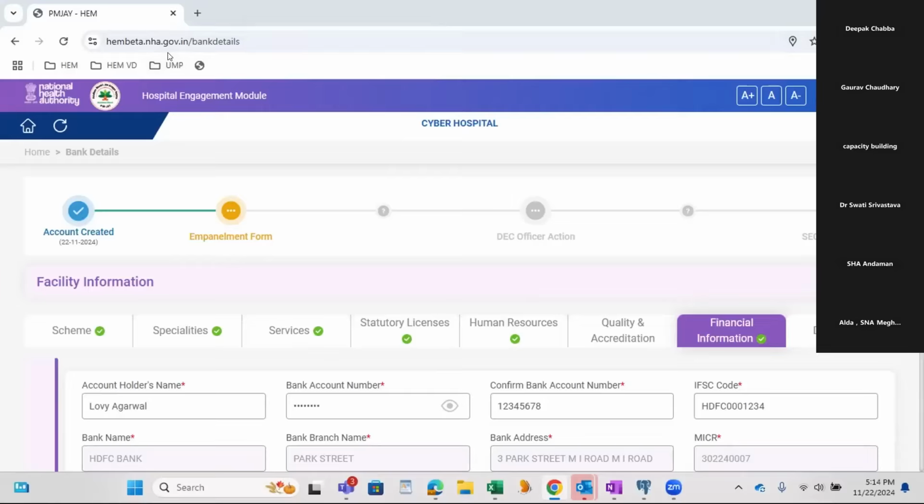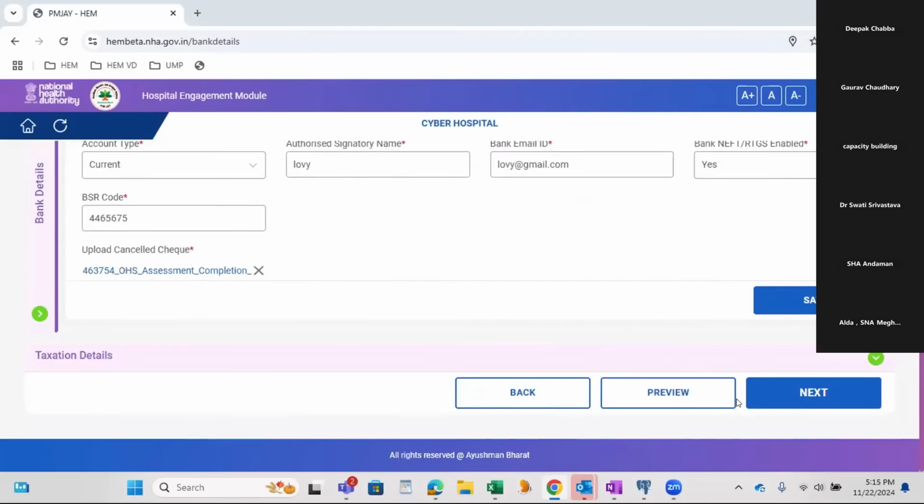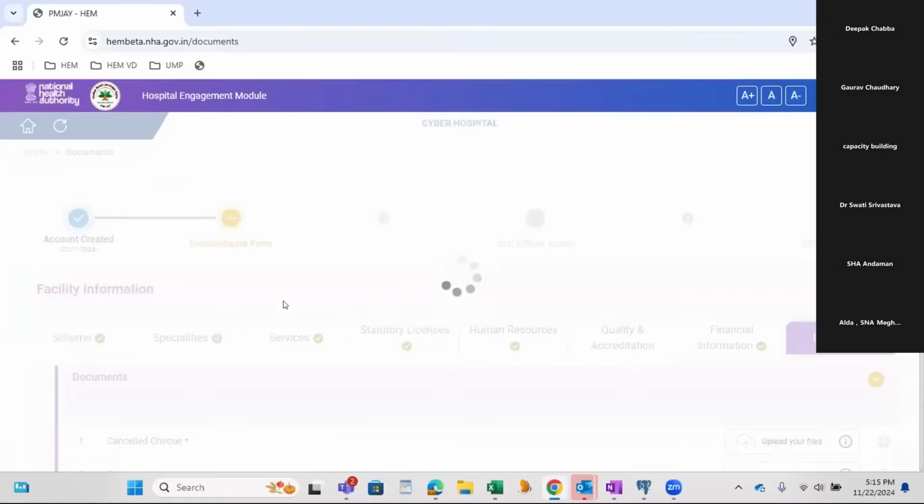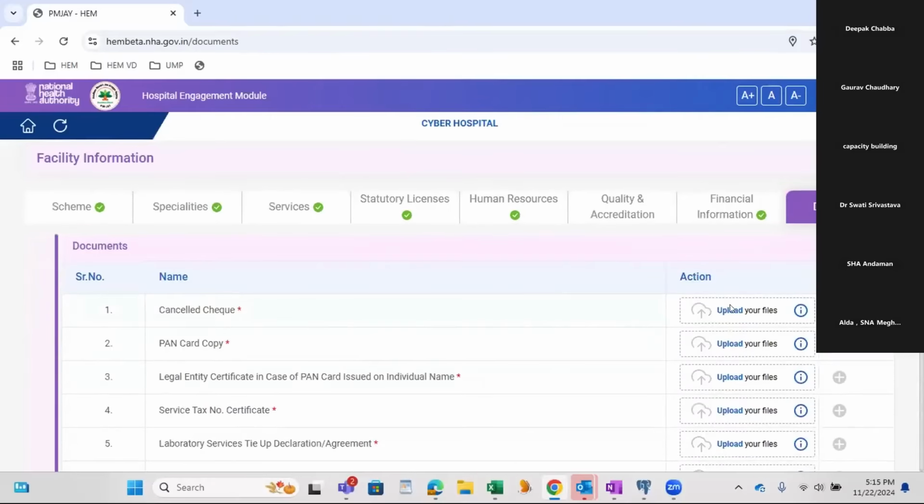We will see. Okay. Lavi, yes, Aparmit, in the meantime, you show this approver side.